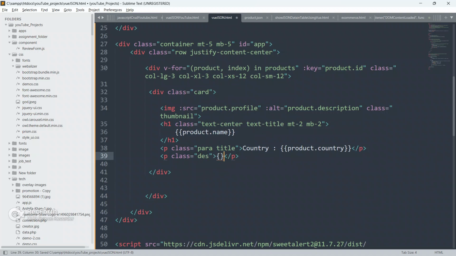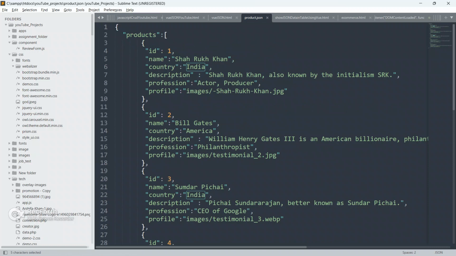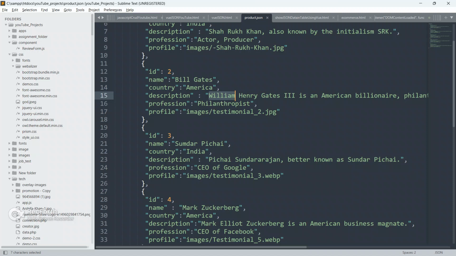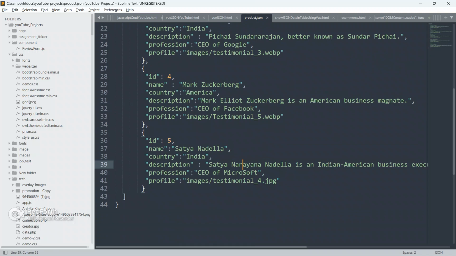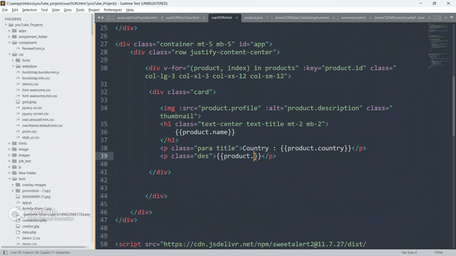Close this p, and inside this p I'm going to put double curly braces, and inside the double curly braces I'll put this product from here and dot, go to the product.json file, and copy the descriptions key from here, and it will display the respective values.